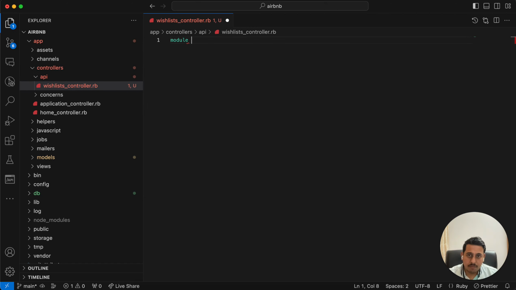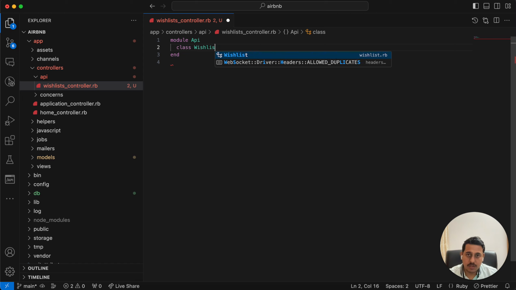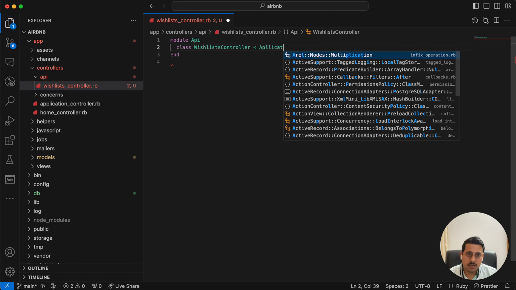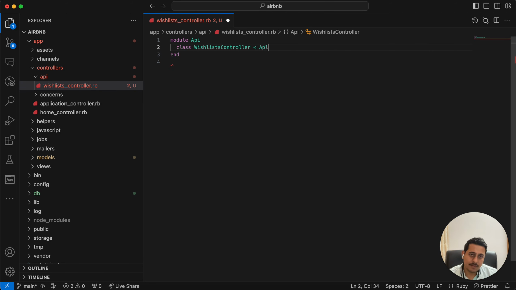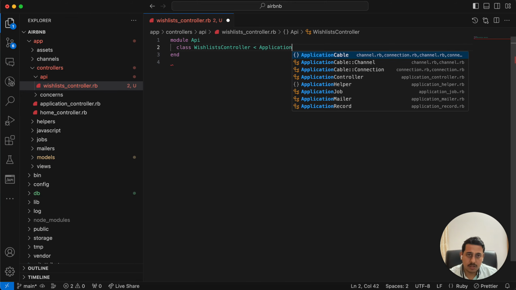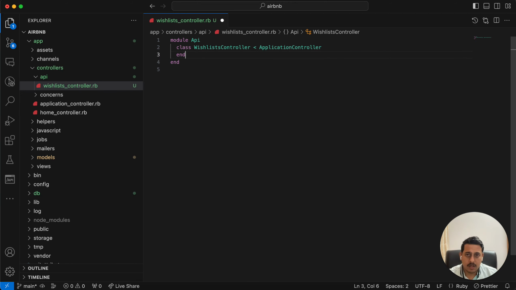It will be part of module API. Okay, class wishlist, multiple wishlists controller. I think naming has not been that good for this. Anyways, application controller. And now there are mainly four types of operation that happens on a